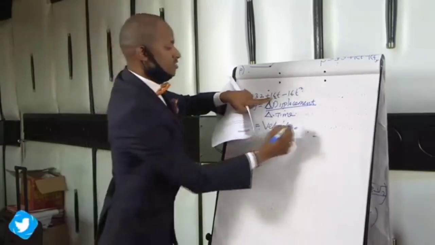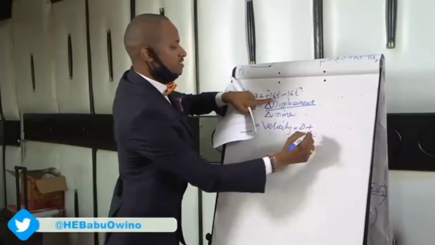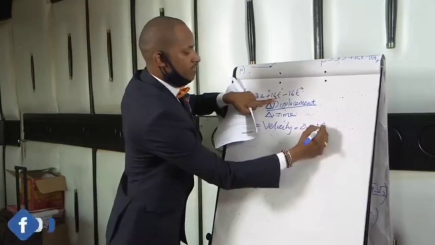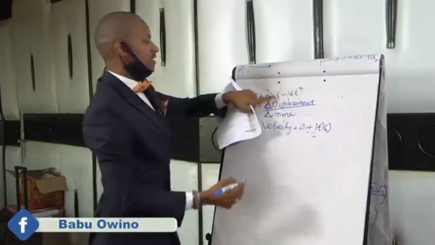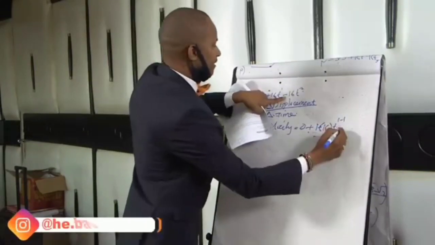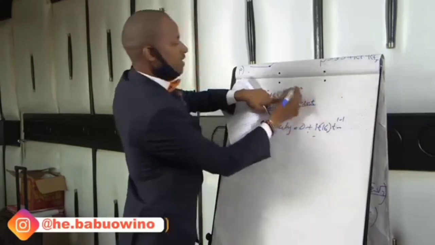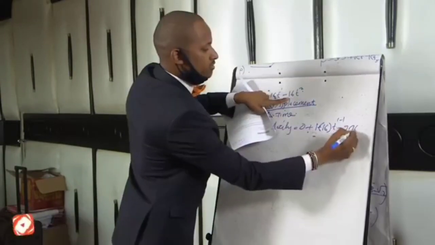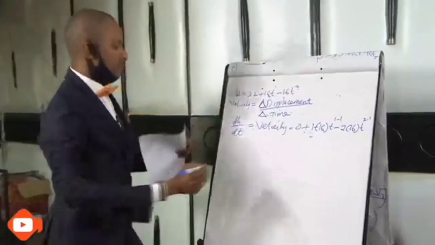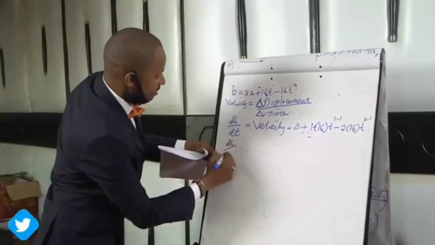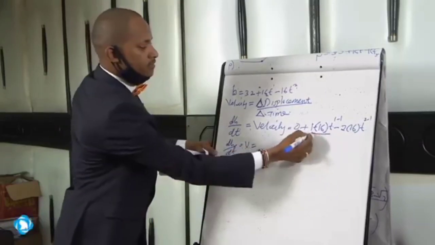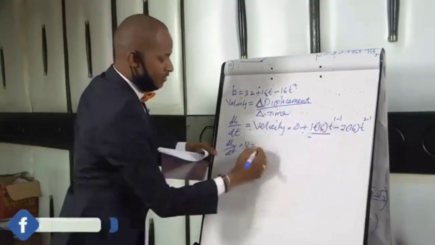When you differentiate 16t, you drop 1 down, that is 1 into 16, you multiply by the constant, then t to the power 1 minus 1. Minus, you drop 2 down, that is 2 into 16, t to the power 2 minus 1. Now dh/dt, which is our velocity, equals 16t raised to power 0